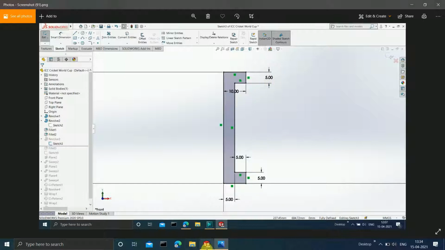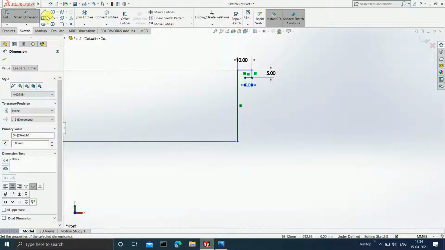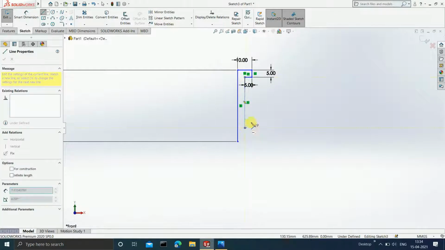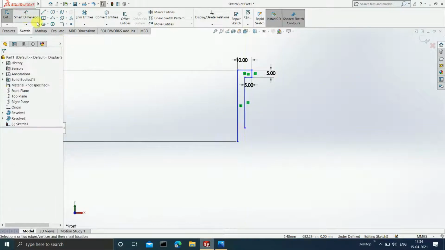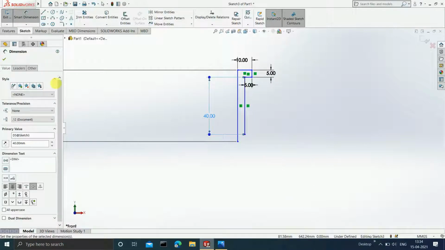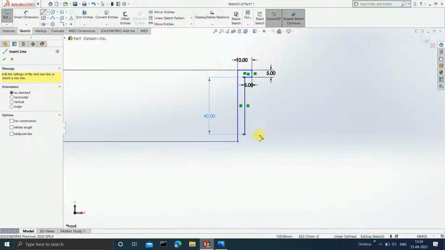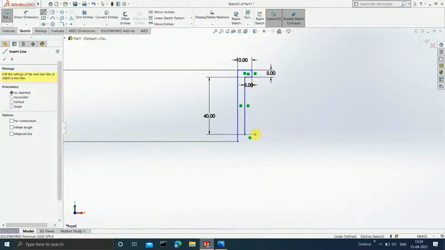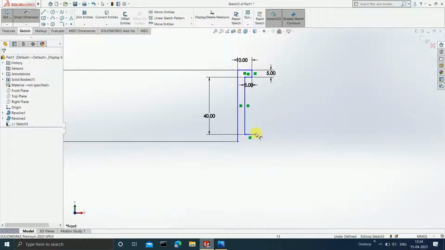So draw a vertical line of 40. Escape, do the dimensions as 40. Then again a horizontal line of 5 mm. Escape, do the dimensions as 5.